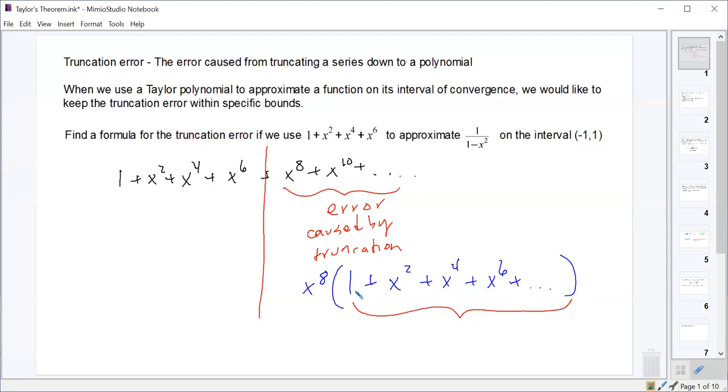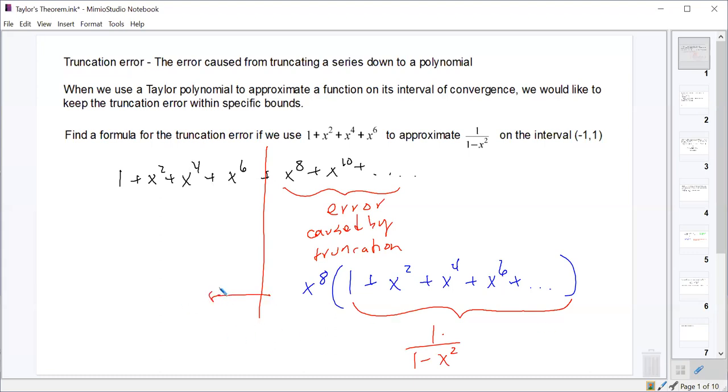What is this equal to? What is 1 plus x squared plus x to the 4th plus x to the 6th plus x to the 8th plus x to the 10th plus x to the 12th equal? Exactly, Nick. It equals 1 over 1 minus x squared. So we'll note that the error that is caused by this truncation after 4 terms is x to the 8th